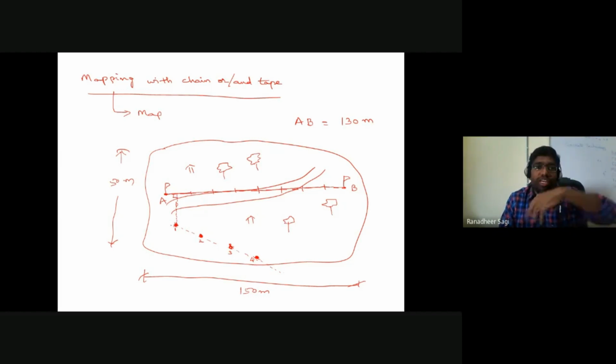Sir, how do we drop the perpendicular onto the line AB? How to drop that perpendicular, we'll talk about after some time. In today's class, we'll try to understand how we drop the perpendicular, or how we set out the perpendicular. For the time being, understand that I'm able to drop my perpendicular from the first electrical pole.